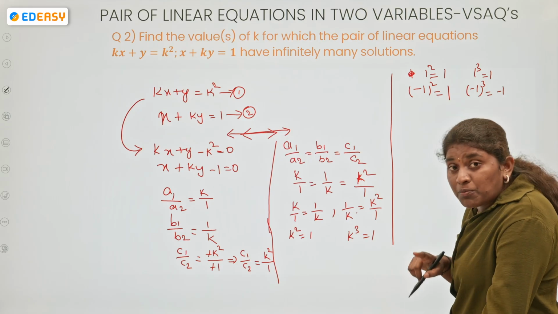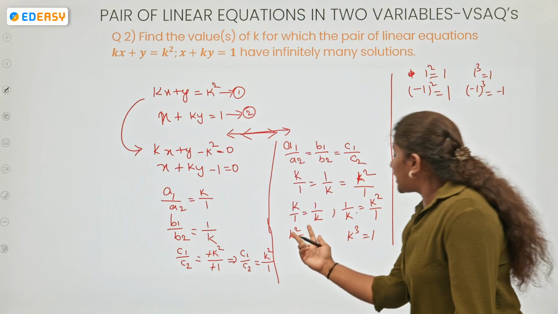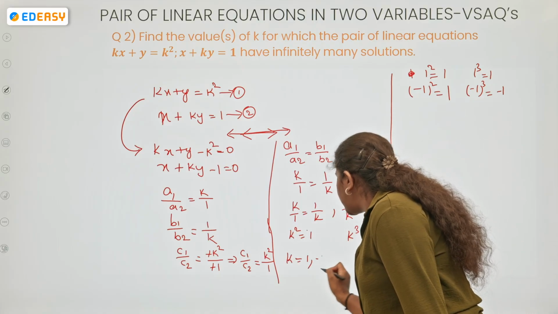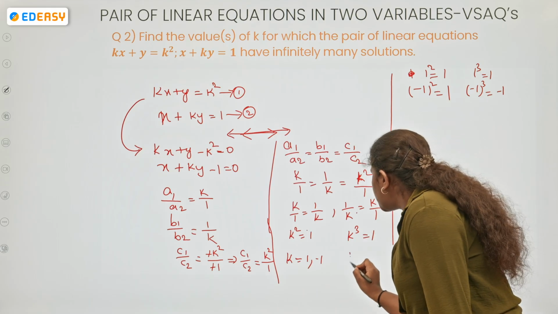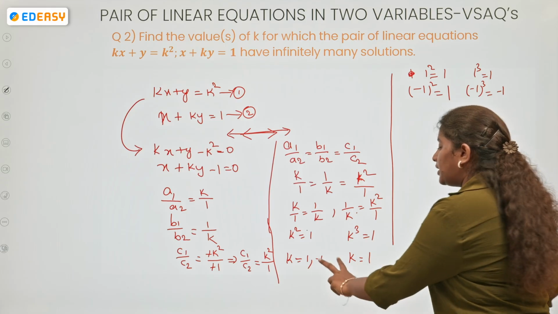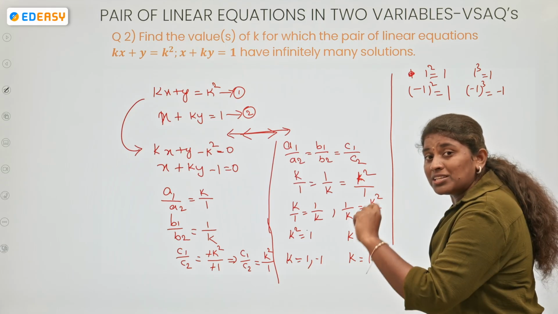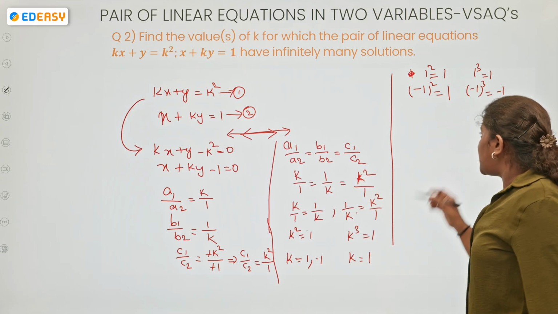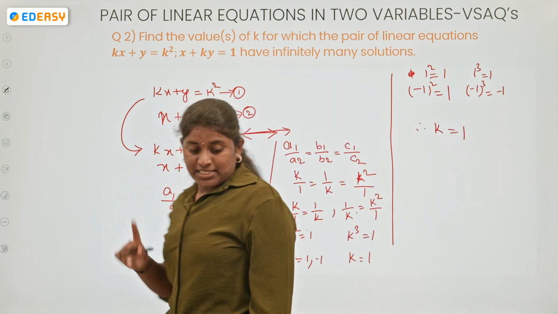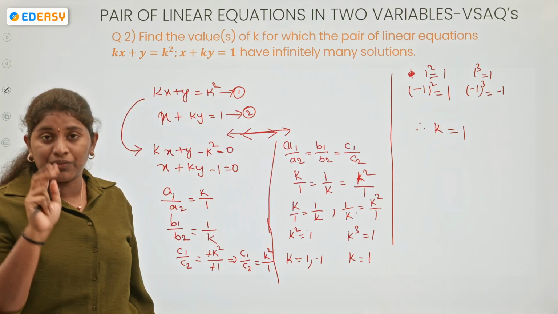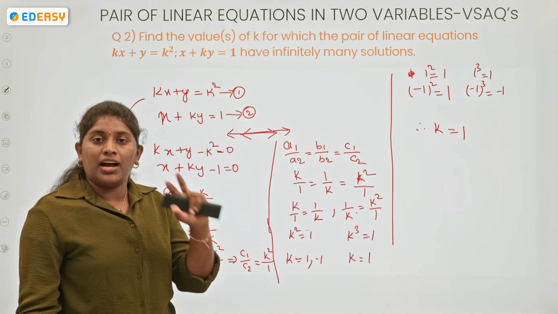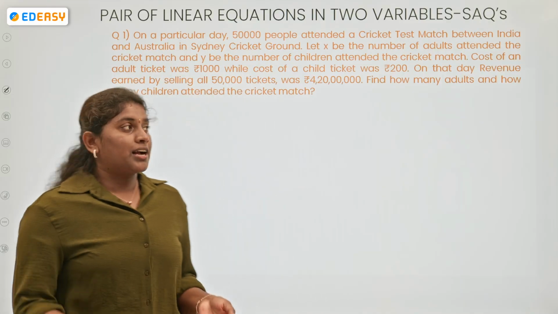Understood? Now, what are the possible values for k? For k square equals 1, the possible values are plus 1 and minus 1. And for k cube equals 1, the possible value is plus 1 only. Right? Now, depending on these two conditions, what is the common value? The common value is plus 1. So, therefore, the k value is 1. Okay, simple logic. If you have two equalities, solve the two equalities and get the common value for your unknown. Fine.